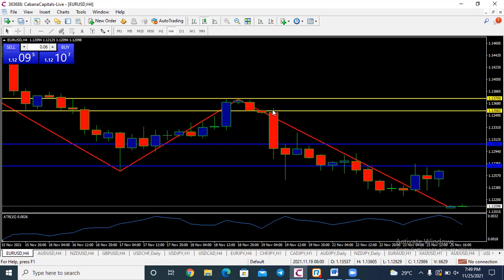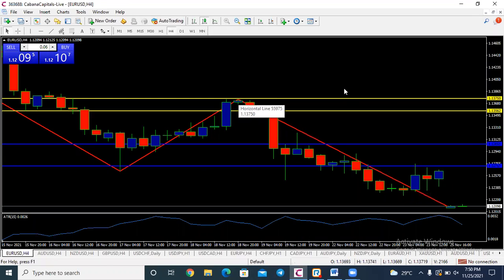Why? If price goes up after the close of this bearish candlestick, if price goes up and closes above this level, there is a high probability that price will keep going up. And since you know at this point that when market closes above this level, price will keep going up, then your stop loss should be at that level. You don't want to hold on to a sell trade when the trend has changed to bullish. So if you execute a sell here and price decides to go up, you should exit that sell at this point. So that will be our stop